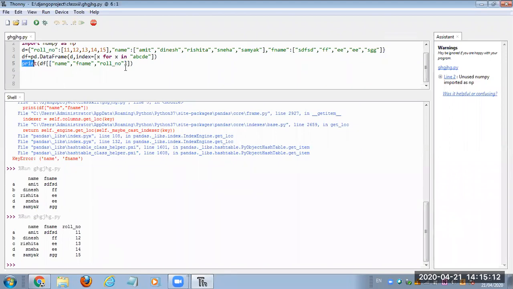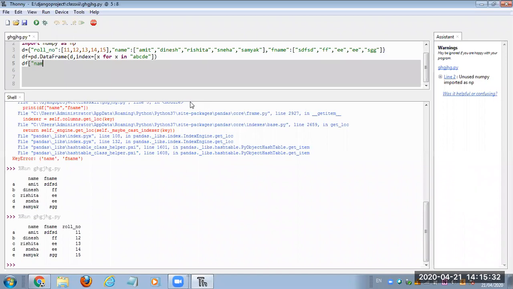Now suppose, like a dictionary also, I want to change the value of a particular column. Think, in a data frame lots of operations are performed column wise, because columns are very important in the data frame. I write df, then in the square brackets name equal to, like a dictionary: dictionary name, then square bracket, I provide the key and then I provide the value.